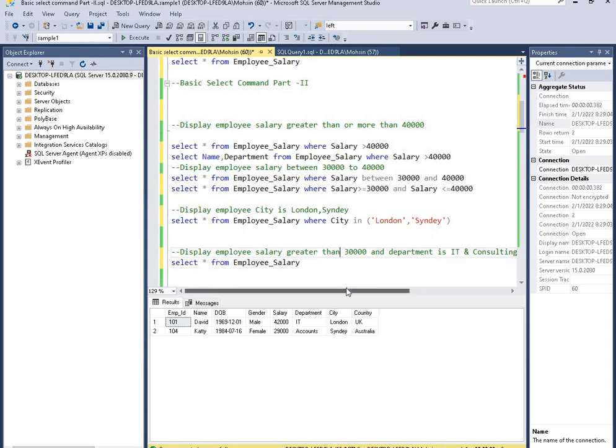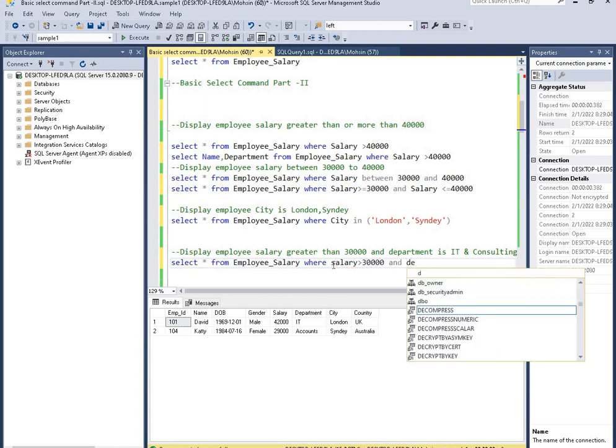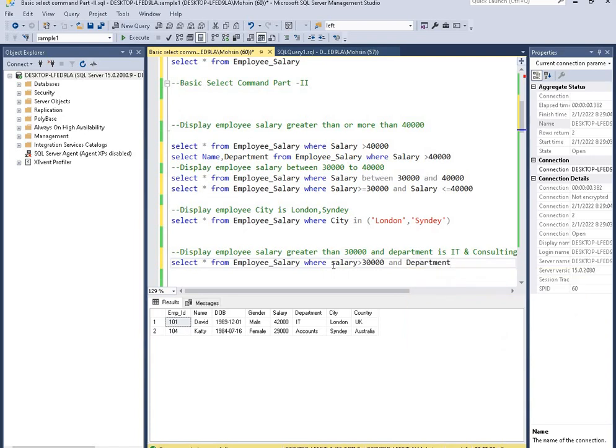Where clause salary is greater than 30,000 and department in IT and consulting.